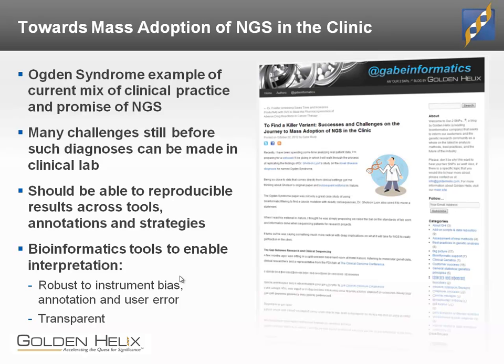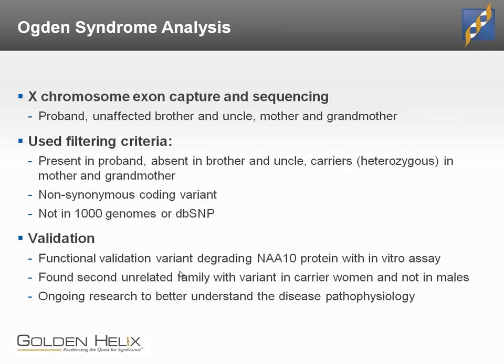And to address all those issues, we can turn to a staple of scientific advancement in a world of rapid change, and that is to, for every finding, find at least one way or multiple ways to validate that finding, to reach that finding using orthogonal technologies or approaches or annotations or algorithms, etc. And so that's essentially the key of what we're trying to do today: take the results of the analysis that was done in 2011 for this paper for Ogden Syndrome, and see if we can get to the same results using the information and best practices we have today.